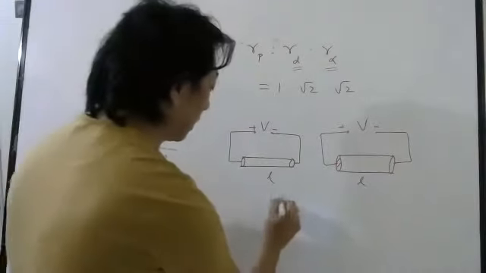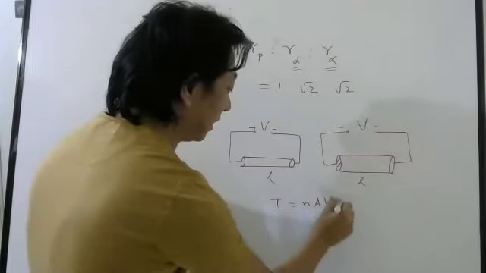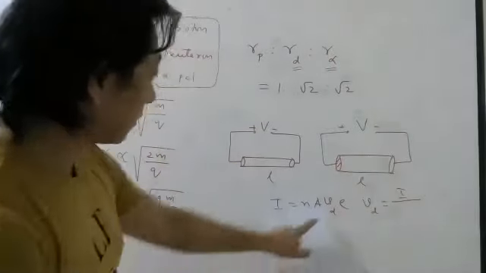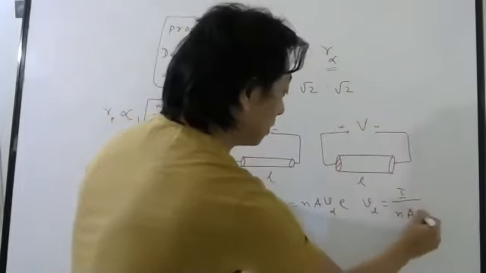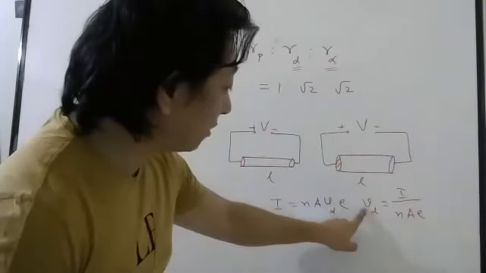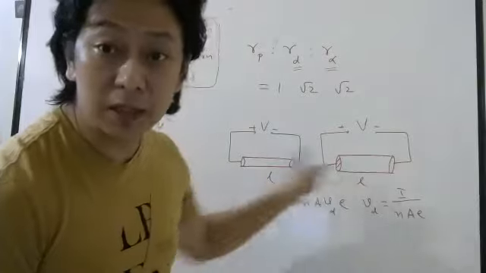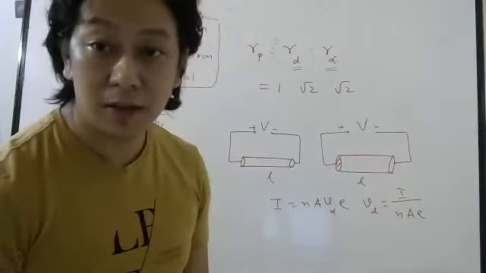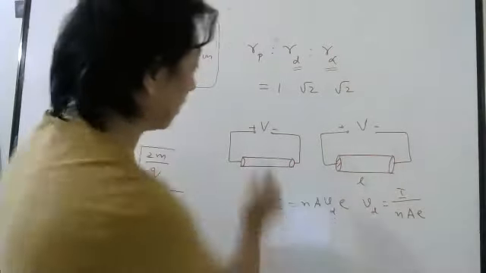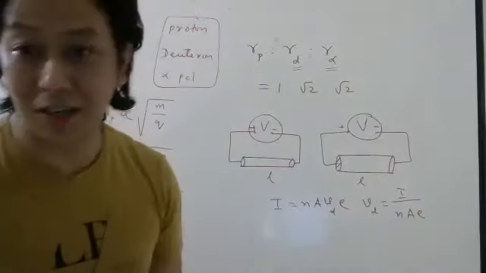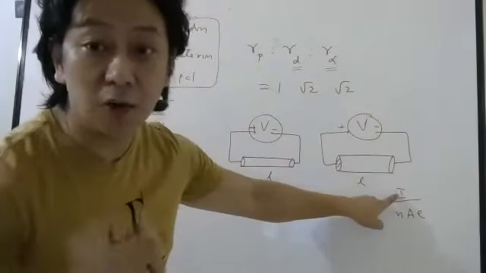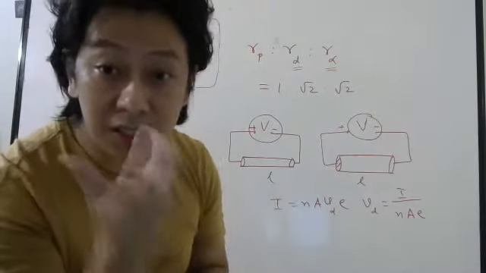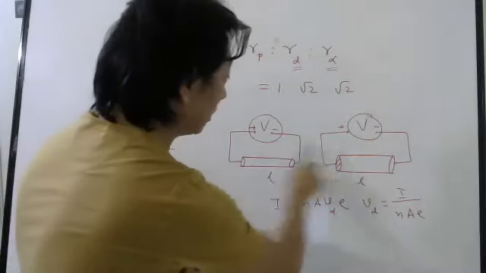See, the formula for current is what? I = nAvd e, correct? So vd is what? Current by nAe. So what he was thinking? He was thinking drift velocity depends on area. But in this material, they have told drift velocity will not depend on area. The reason is in this, current is not constant. Here what is constant? Voltage is constant. So if current is not constant, how can you say these two are inversely proportional? So you have to check in the question what is kept constant. So in this question, current is not constant.